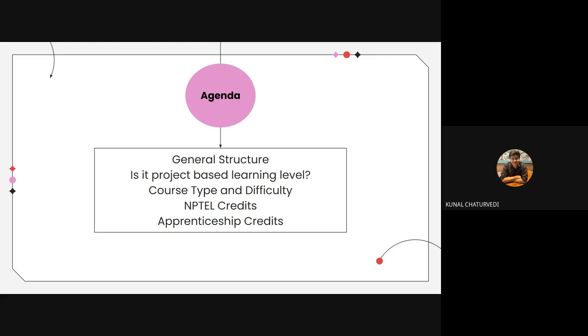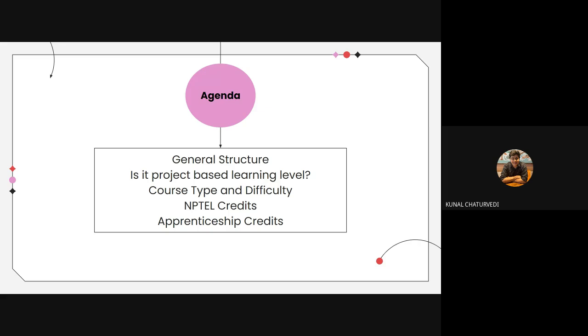We'll first go through the general structure of the degree level courses. We'll answer a few general questions which you might feel different while going from a diploma to a degree level, like the difference in the patterns of learning. We'll also talk about the course types, their difficulty. We'll present some feedback forms as well, with live feedback given by people who have done